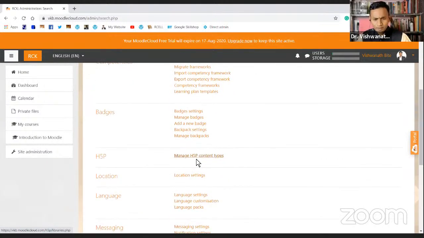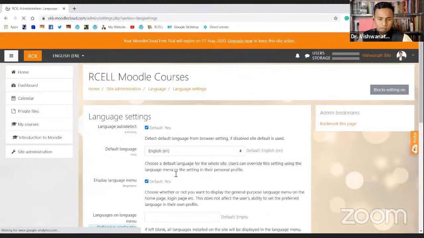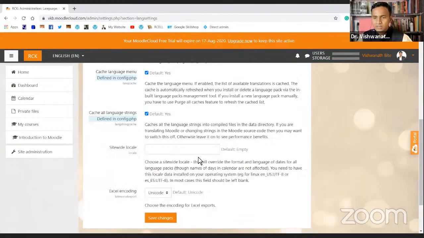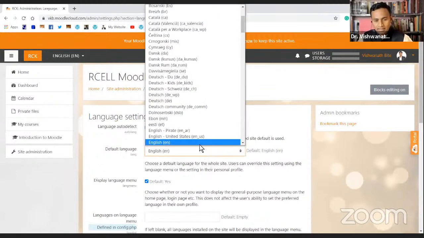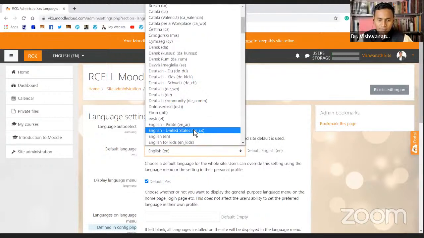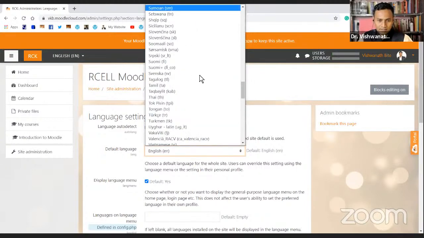Okay. And I'm sharing this information because see here, language setting. In many cases people keep asking me whether we can use this in our regional language. And yes, obviously you can use this in a regional language. If you just click on the default language, you can see there are a lot of Indian languages also, you can see here.